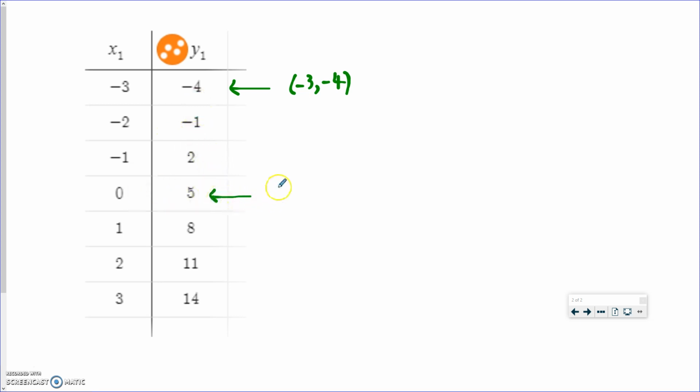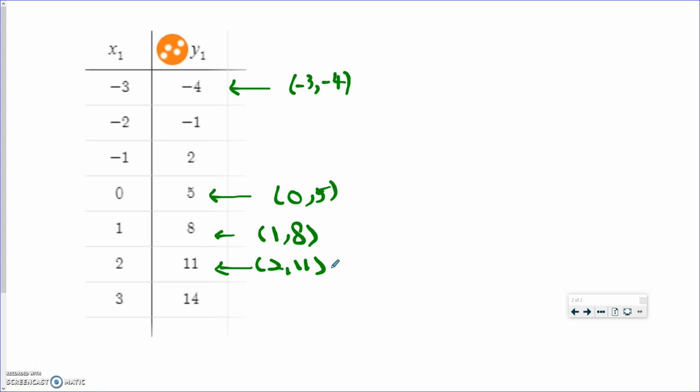I will have this 0 and 5. 0, 5 is going to be another coordinate. So all of this, 1, 2, 3, 4, 5, 6, 7, we will have 7 different coordinates. We will have 7 different points. 1, 8, 2, 11. So we can write all of this out,